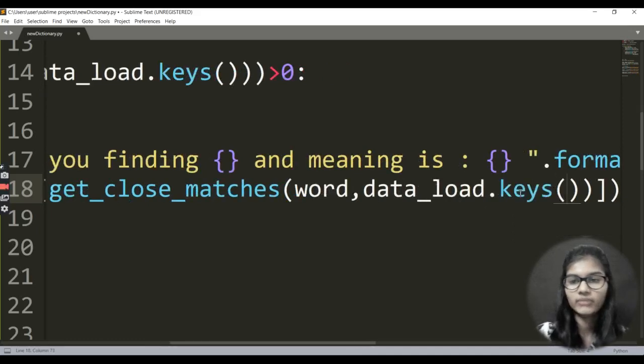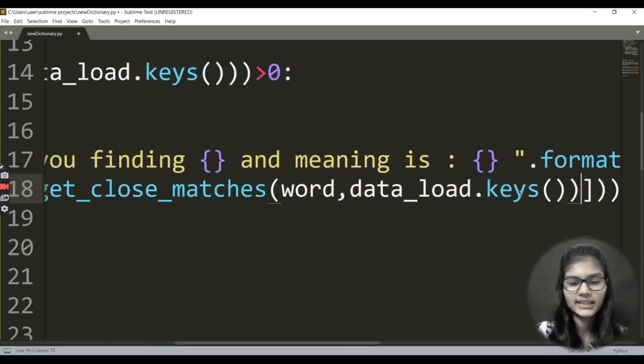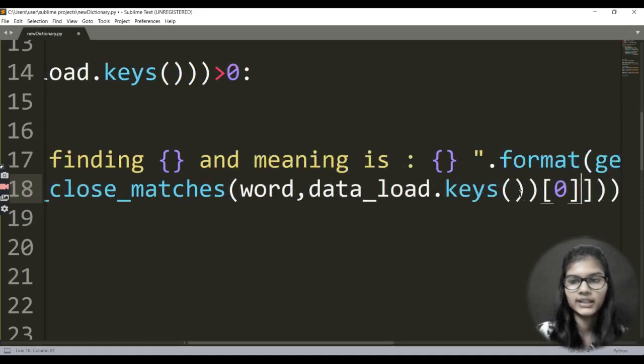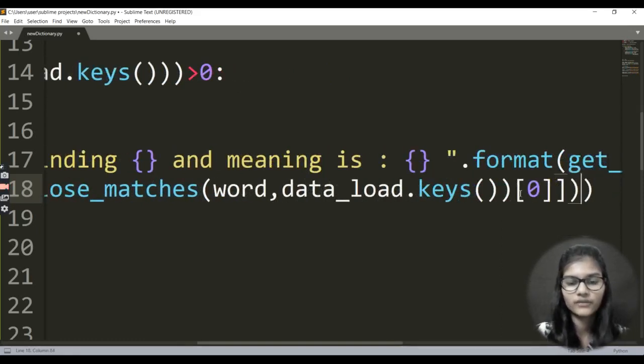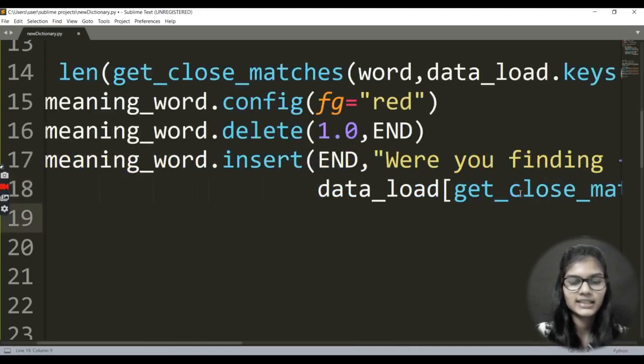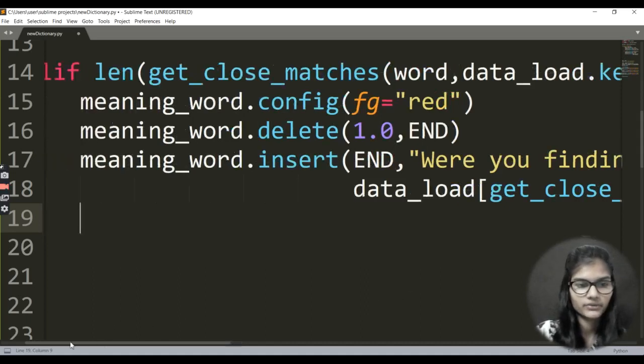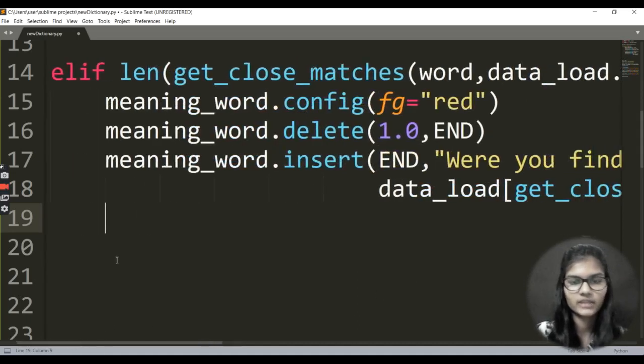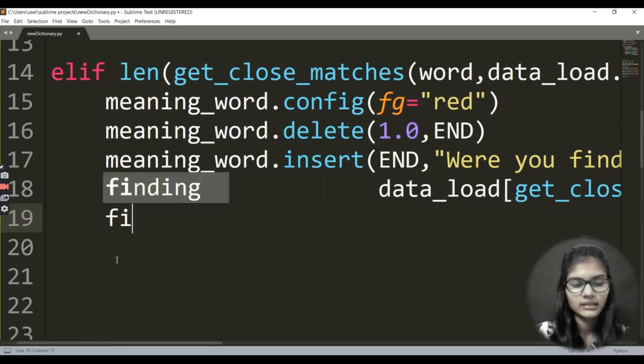So that will basically give me the keys for my data which I have actually loaded, right? And after this it will be writing out the 0th index here, that is my getting of the keys. And after all of these things I'll be coming on to the next line, and here, let me just go to another place first. Okay, I'll be coming out here, and I'll be writing one variable, let's say, final.